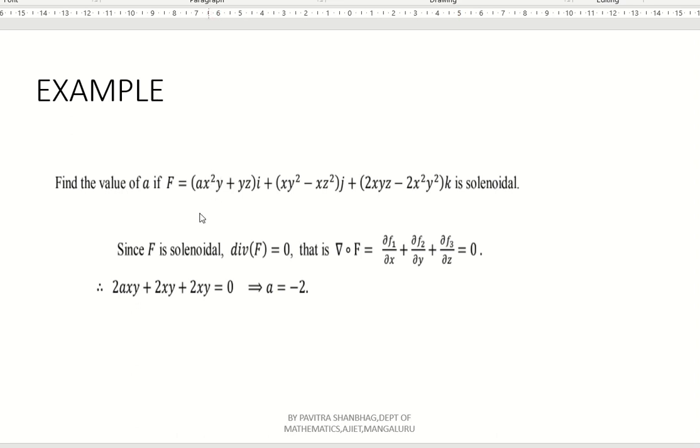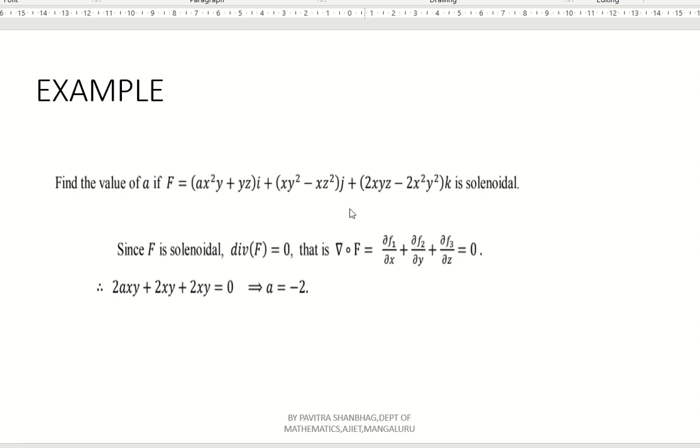But what is the condition for solenoidal vector? We have to write. For a solenoidal vector field vector f, del dot vector f equal to 0, right? That is divergence of vector equal to 0. What is del dot f? That is nothing but del dot f is dou f1 by dou x plus dou f2 by dou y plus dou f3 by dou z equal to 0. There is no ijk. So what is del definition? Dou by dou x i plus dou by dou y j plus dou by dou z k. And instead of this term, we have chosen this is f1 i, this is f2 j, this is f3 k, right? Now what is f1 here? This part. What is f2? This part.